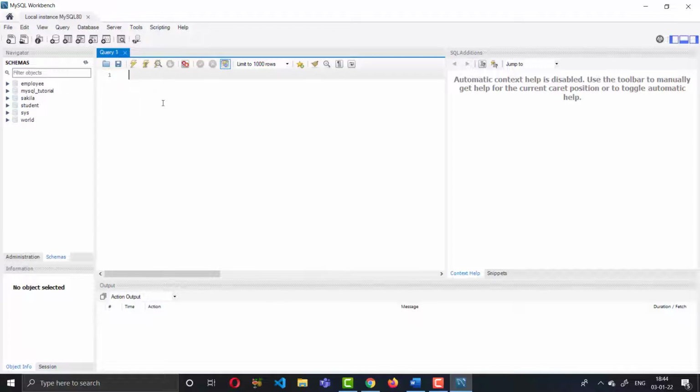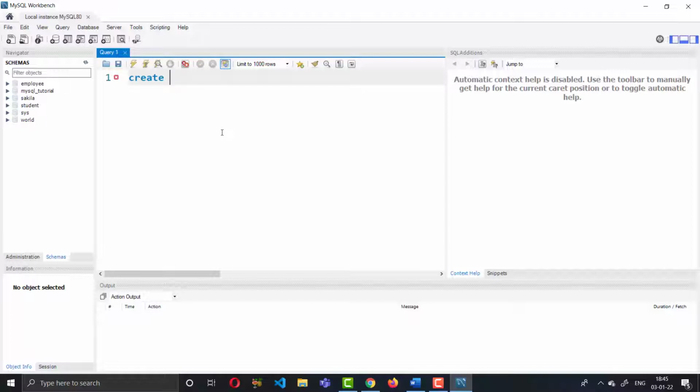So now first we will learn how to create a database. After that, how to create tables in MySQL. So let's create one database. I'm zooming in here. CREATE is a clause, or keyword, in SQL.